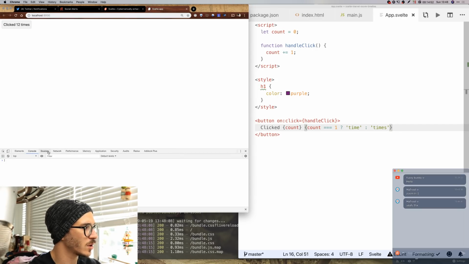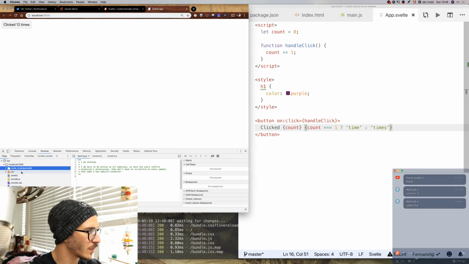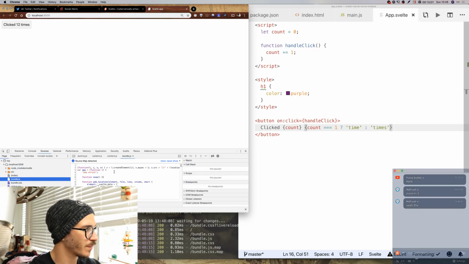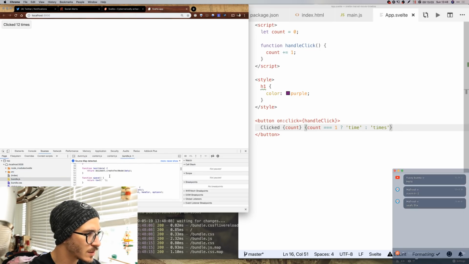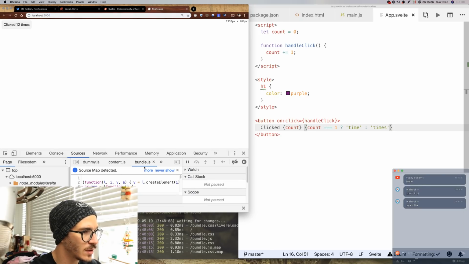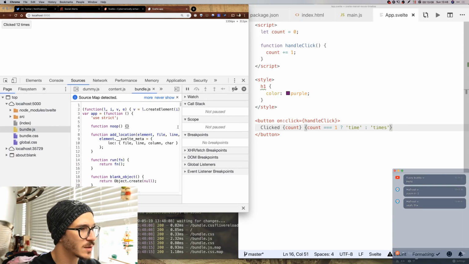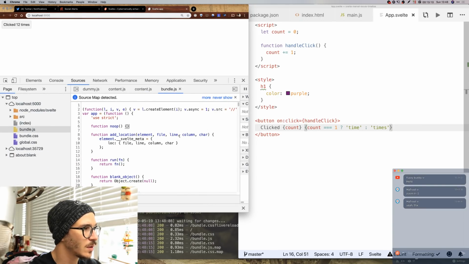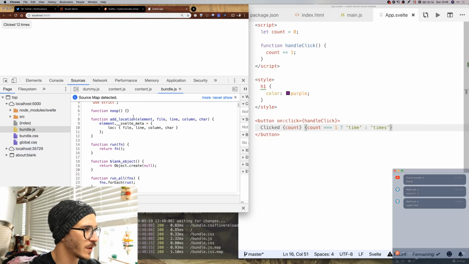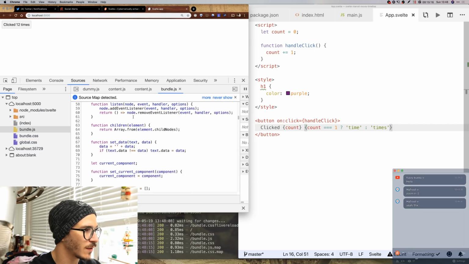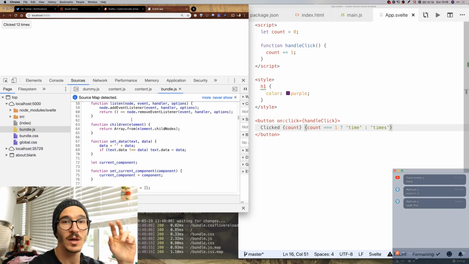Let's see what's actually running in production. What does the actual code look like? So sources, oh wow. Bundle.js looks like, let me zoom this in. So bundle.js is our compiled code, which is neat. So we create a big function that does a bunch of stuff. So this is where the whole Svelte doesn't have any overhead part is bullshit, obviously,